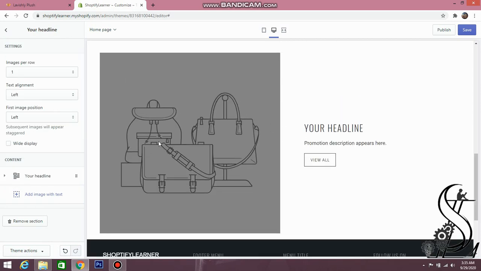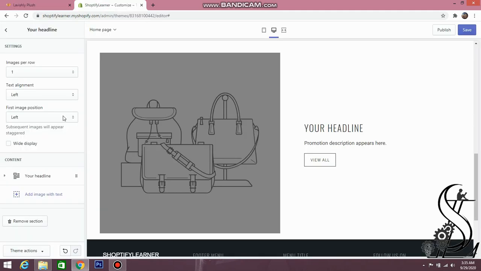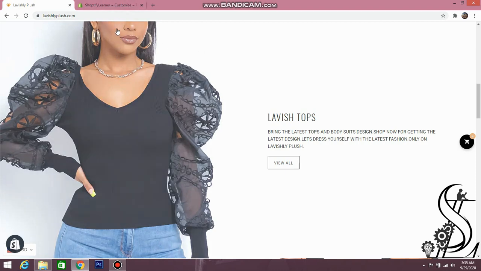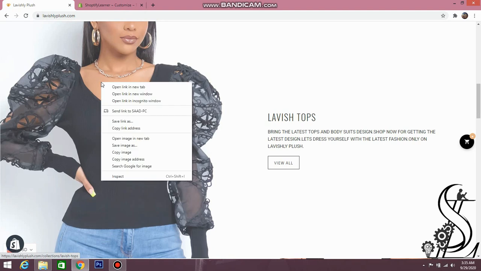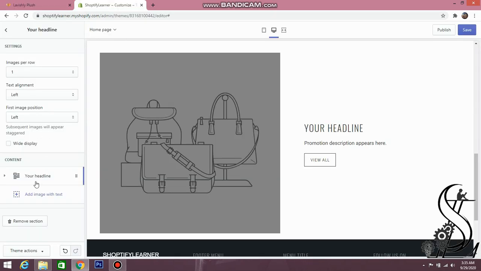Now you can see we have only one image and one text block, so we have to make it exactly like that. I already copied the image of that store. How you can copy the images is simply left click on the image and copy image, or save image into your PC at different locations.